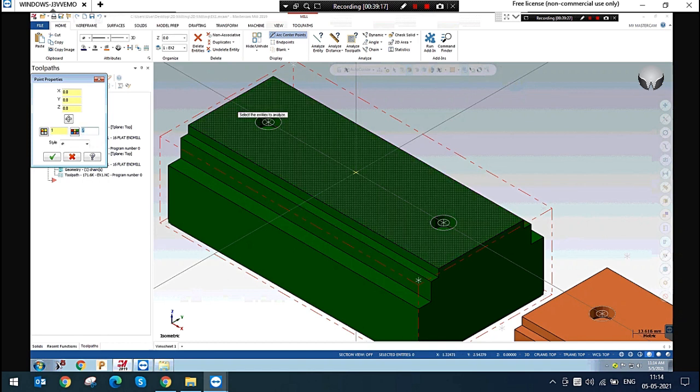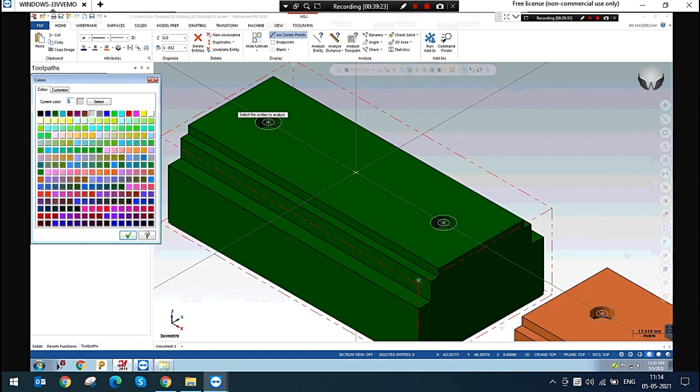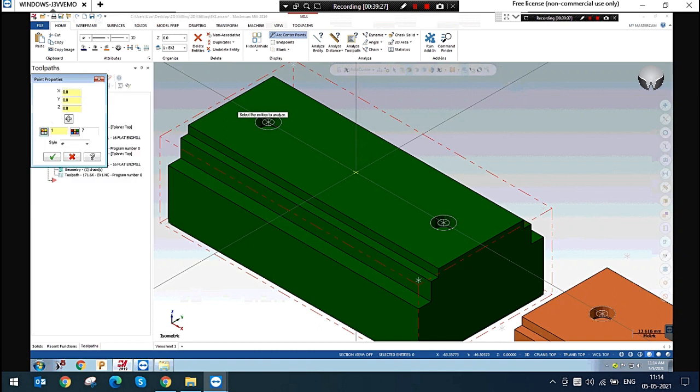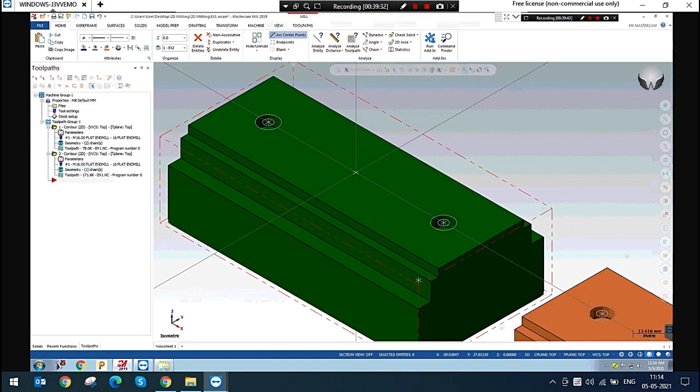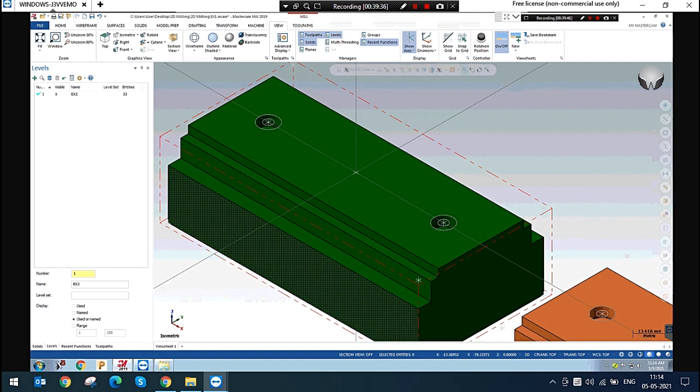What is the color? This is a point. You can simply change your point style here, you can change the color of the point, and you can change the level. I will explain the level manager in future classes.